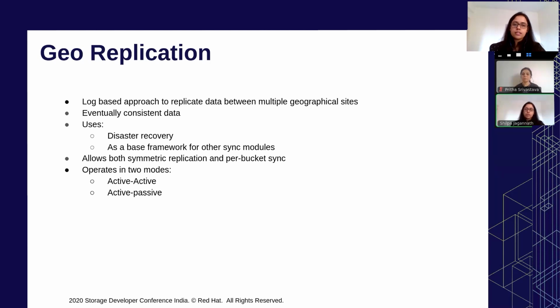Amazon calls it CRR, which is cross-region replication, and we call it multi-site replication. The main use case would be disaster recovery for remote sites.